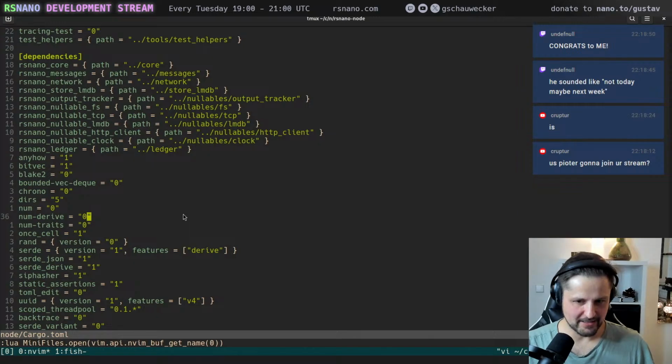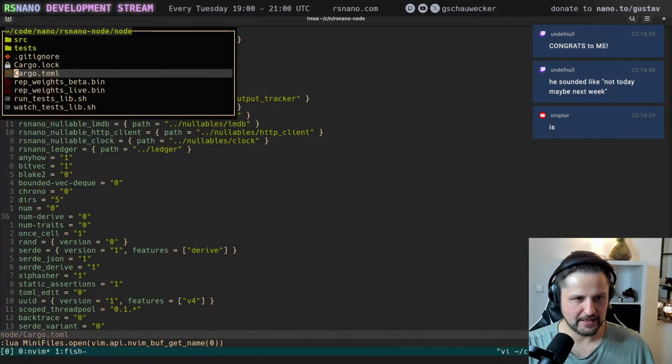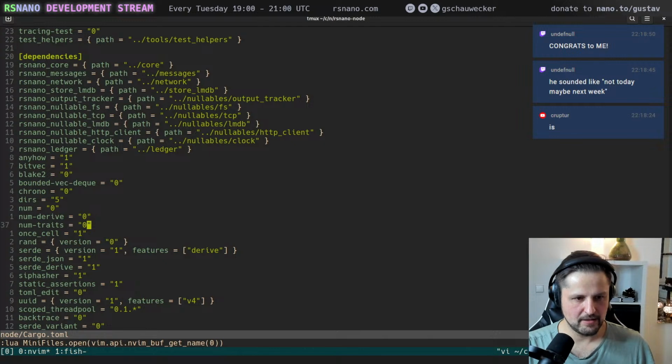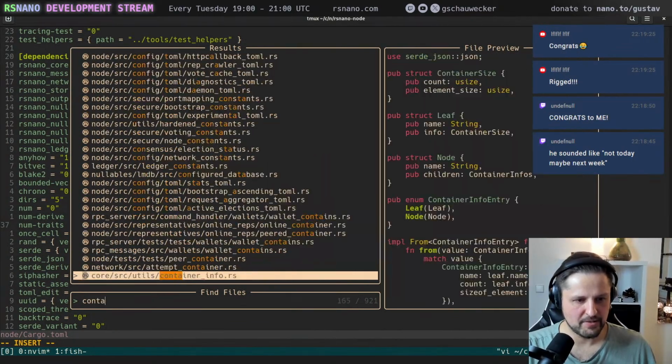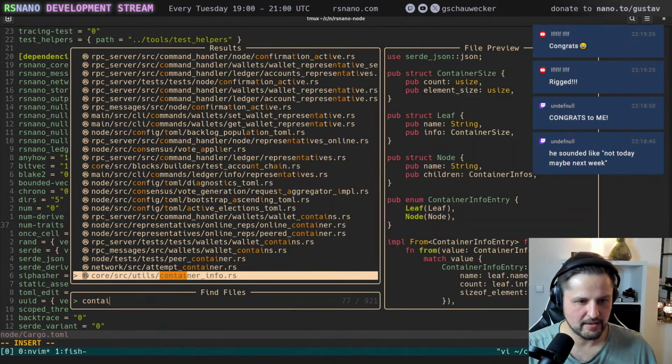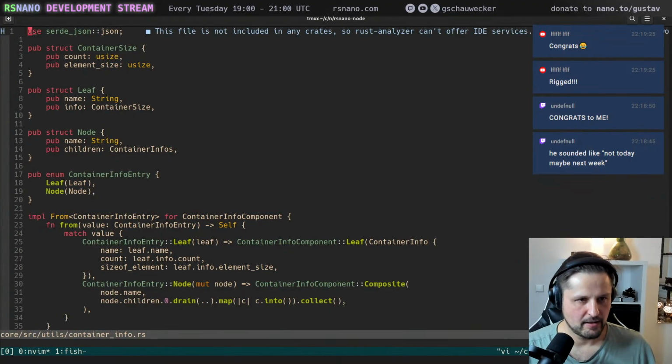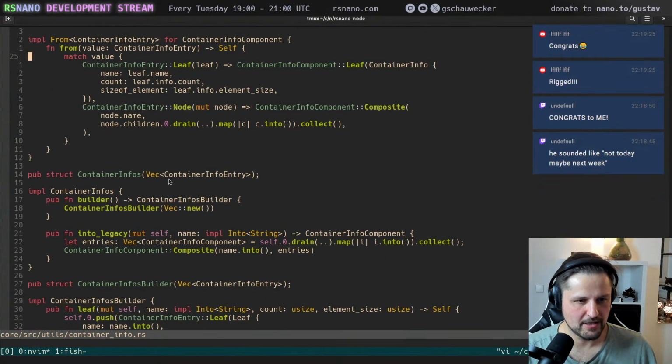Yeah, so I just want to get started with something simple. If I don't know what to do, I usually start with something simple. And that simple thing I worked on this afternoon was refactoring the container info, and I did this because this was done in the C++ node, and I'm just keeping up with the upstream changes.